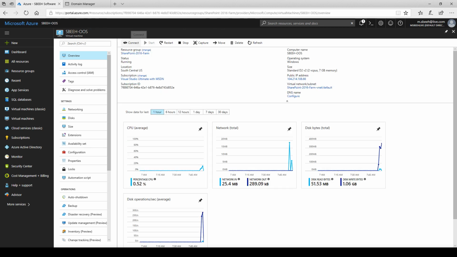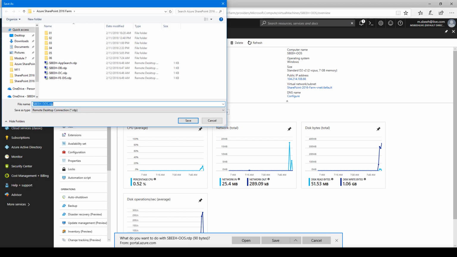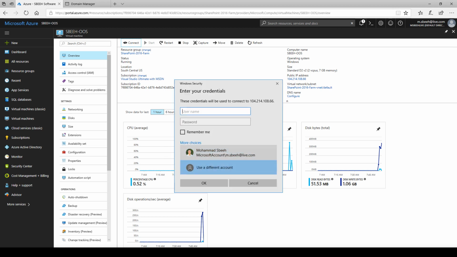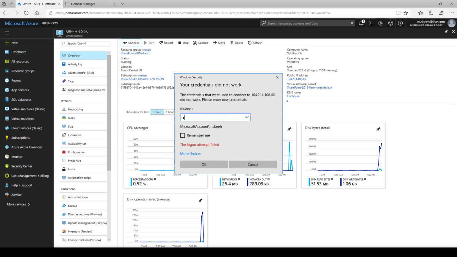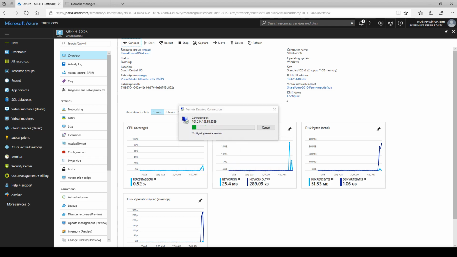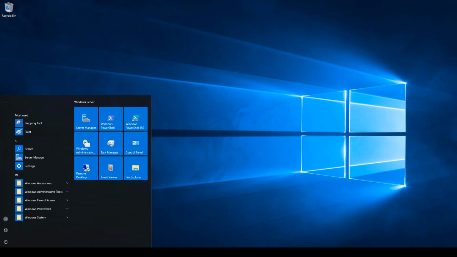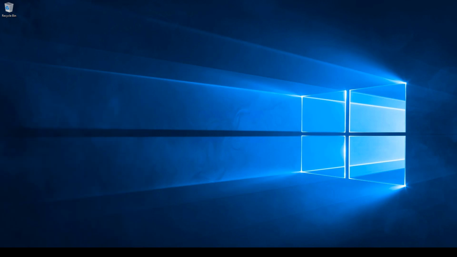Connect to Office Online Server through remote desktop. We need to join the Active Directory that was created in the first video.